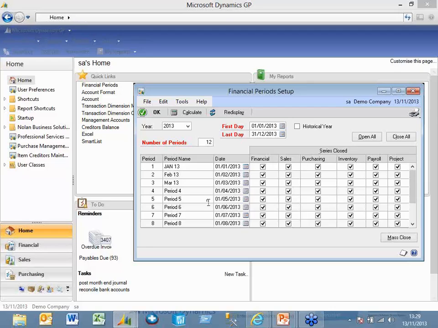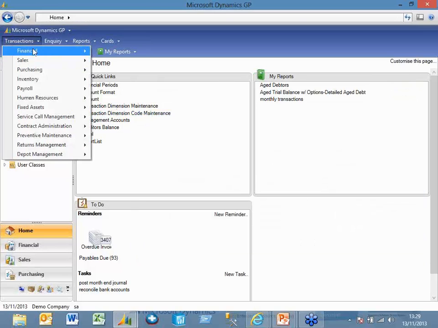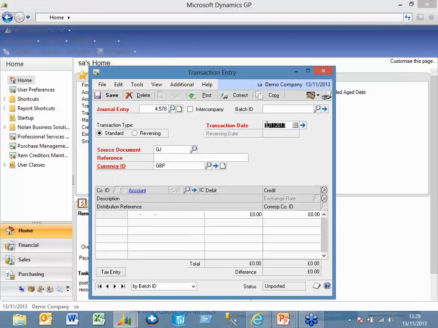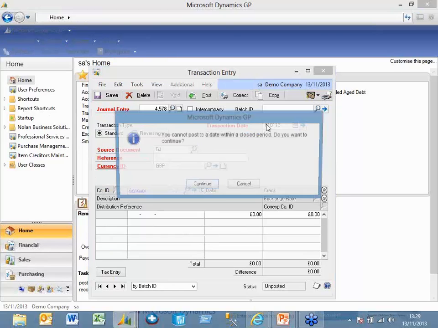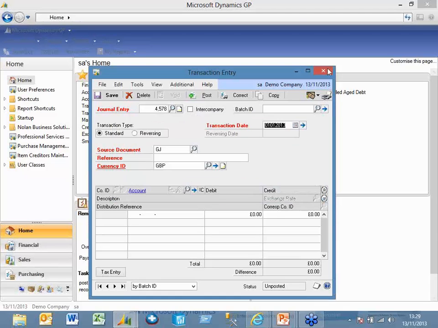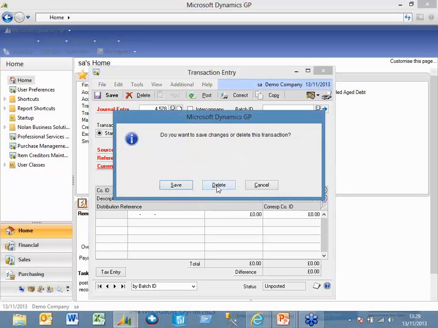You'll see on the right-hand side I have a number of tick boxes next to the period start date, and what this indicates is that the financial period is closed. If I wanted to try and process a transaction for January in 2013, it wouldn't let me because the financial period is closed itself. To demonstrate, I'll open up my general journal window and type in 01/01/13. It will say to me that the financial period is closed. You still want to continue? So that will enable you to save a transaction, but it will not post. That allows a greater degree of control